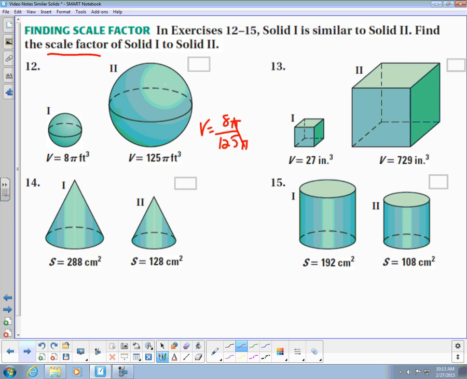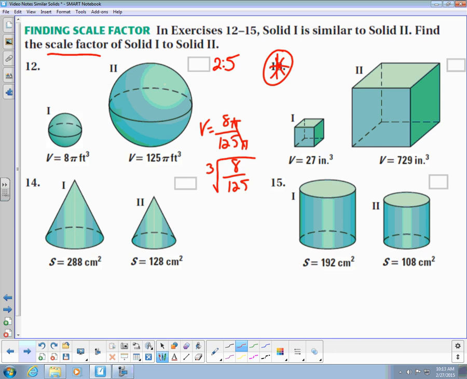So something new that we haven't done before is we're going to take 8 over 125. We're not going to take the square root. We're going to take the cube root. You can find that on your graphing calculator under the math key. You'll see a thing that says cube root. So when you take the cube root, again, if you know your cubes from back in first semester, you would know that 2 to the third power is 8, so this is 2. And 125 is 5 to the third power, which is 5. So the ratio here is 2 to 5. Okay, so you do this one right here